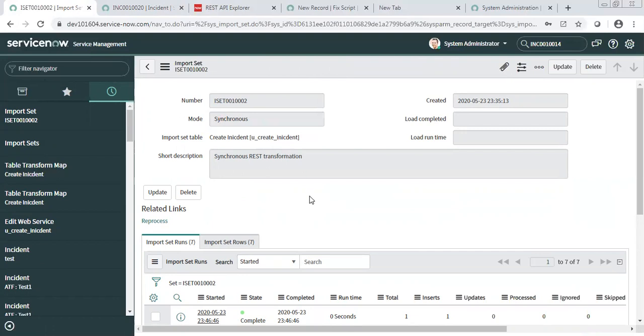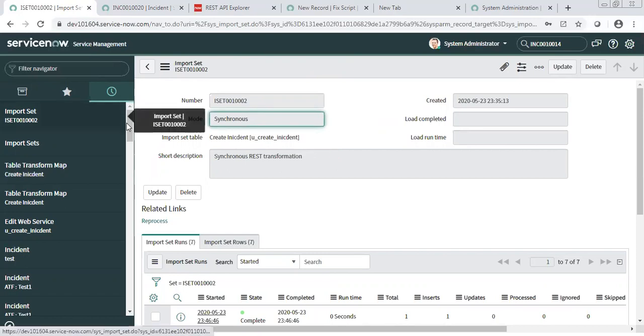But in case of integration, no one is there to click. Are you going to sit someone to monitor it every minute? From integration, data can come at any point, 24/7, and that's why we are doing integration. No one will be monitoring and clicking transform when there is data in the import set. The system should do it automatically. So you need to create a synchronous type of import set table.